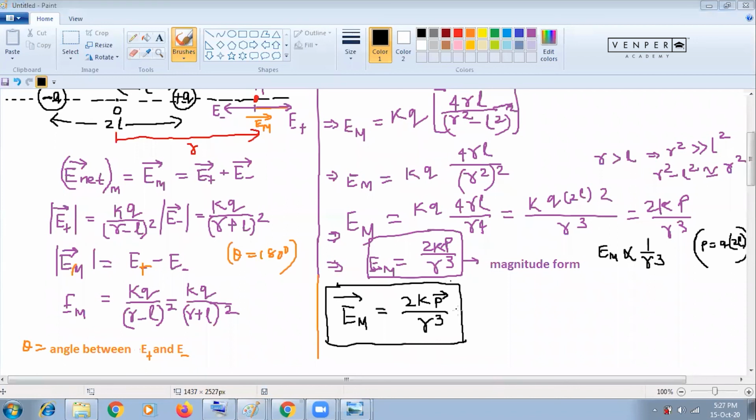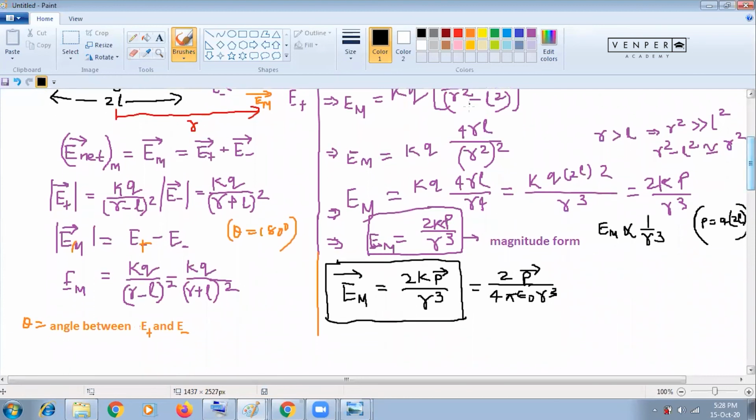Yes, dipole moment vector. Okay, dipole moment. So you can write also it is 2 divided by 4 pi epsilon naught, because K is 1 by 4 pi epsilon naught. Then after that, P vector by R cube. Like this also you can write, no issue. K equal to 1 by 4 pi epsilon naught, or 2 you can cancel, P vector by 2 pi epsilon naught you can write. Anything you can write. I hope you're understanding. Everyone completed this? Or you want to write?